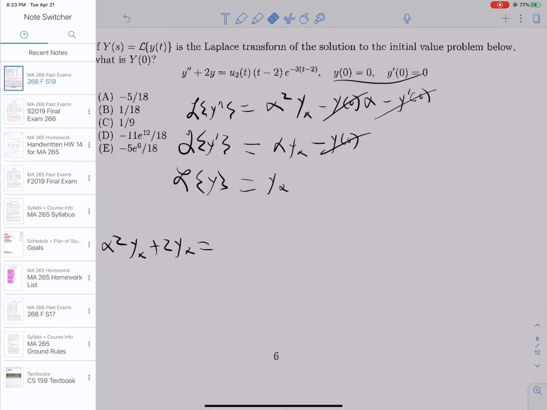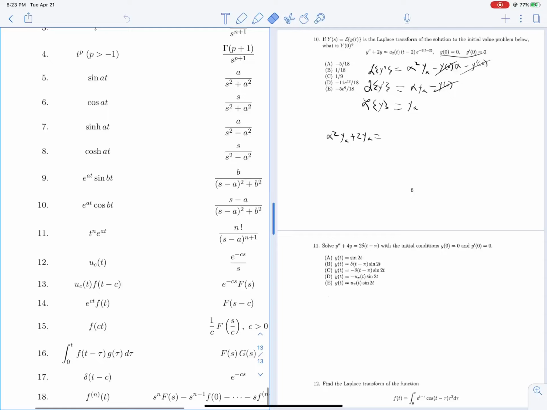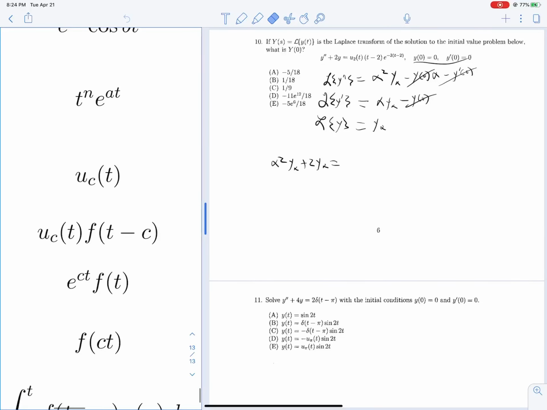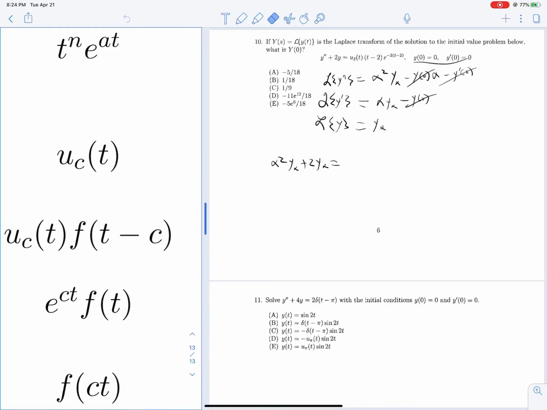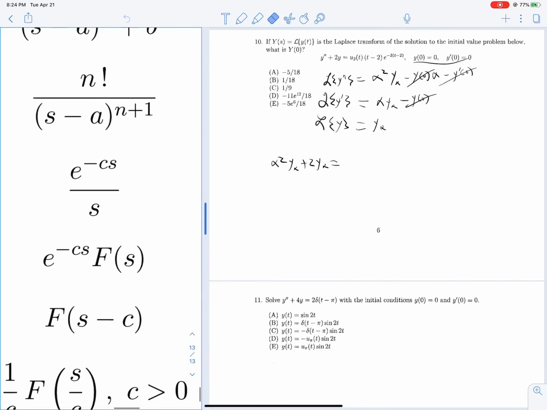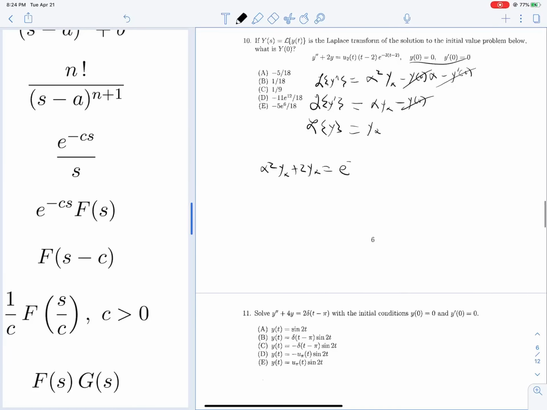And if I can grab our little sheet over here, we see that uc of t, where it's multiplied by some function of t where all of our t's are replaced with t minus c's, that's just e to the negative cs, so e to the negative 2 alpha, and then